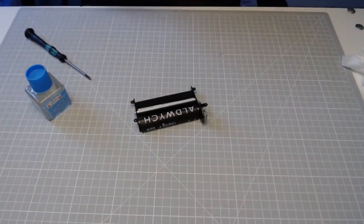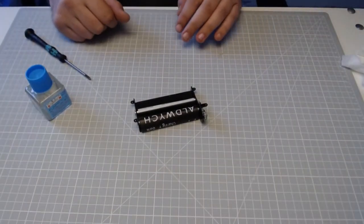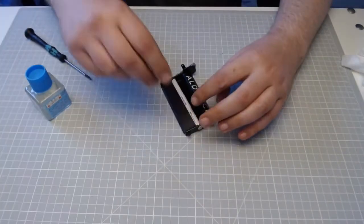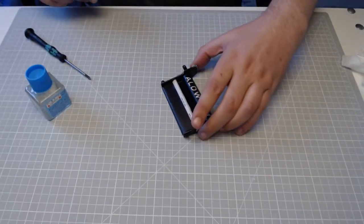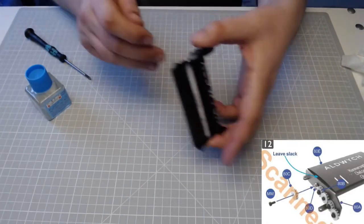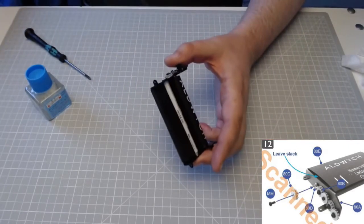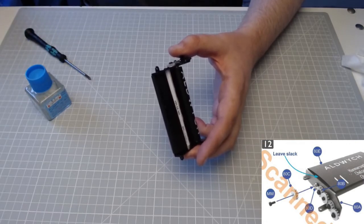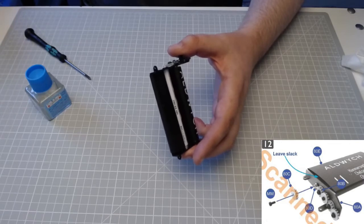Okay, so we're really getting on with things now. So the last thing we need to do is to put a cog on the end of here, and again it's another square one, and again it needs to go in upside down, so I'm just trying to flip it and then